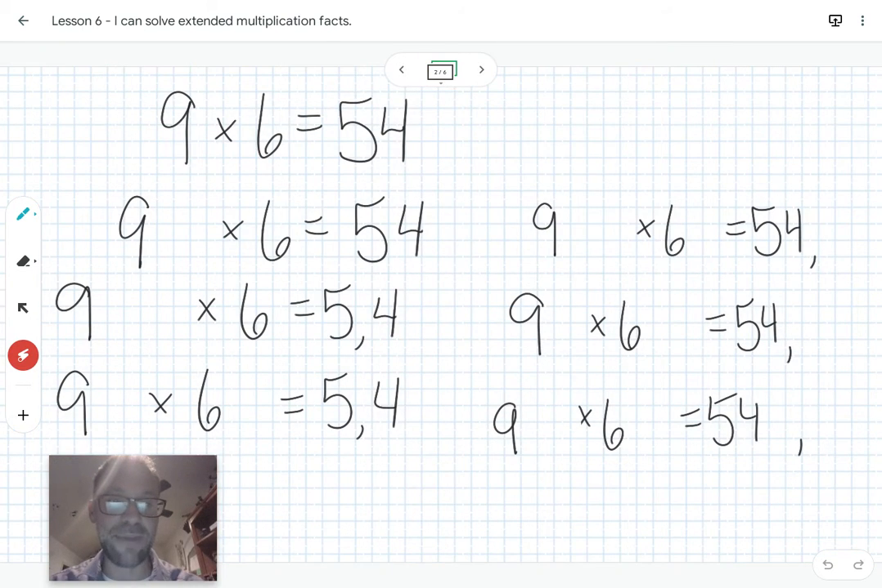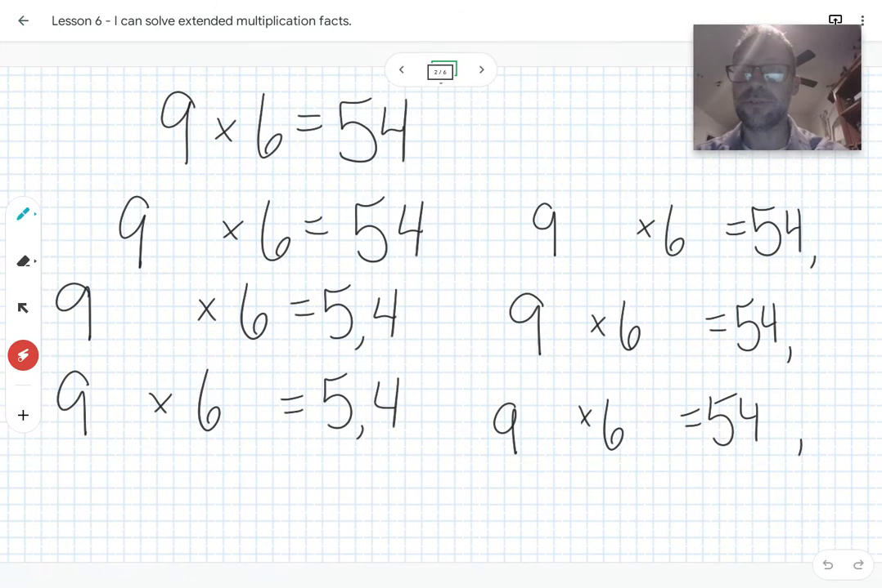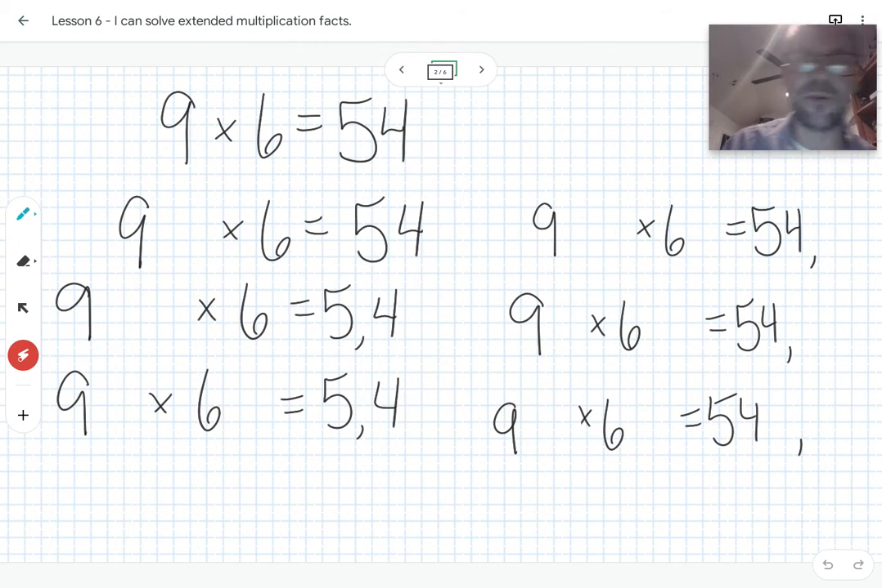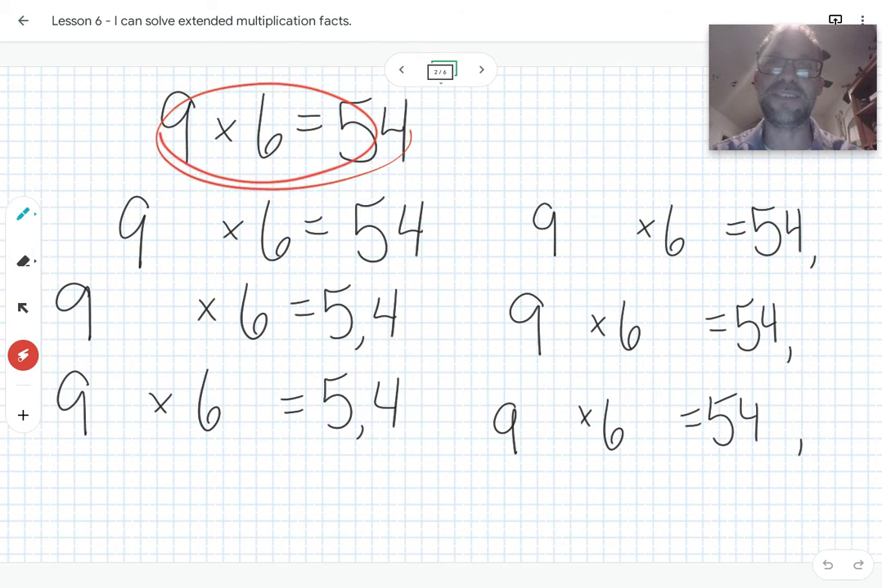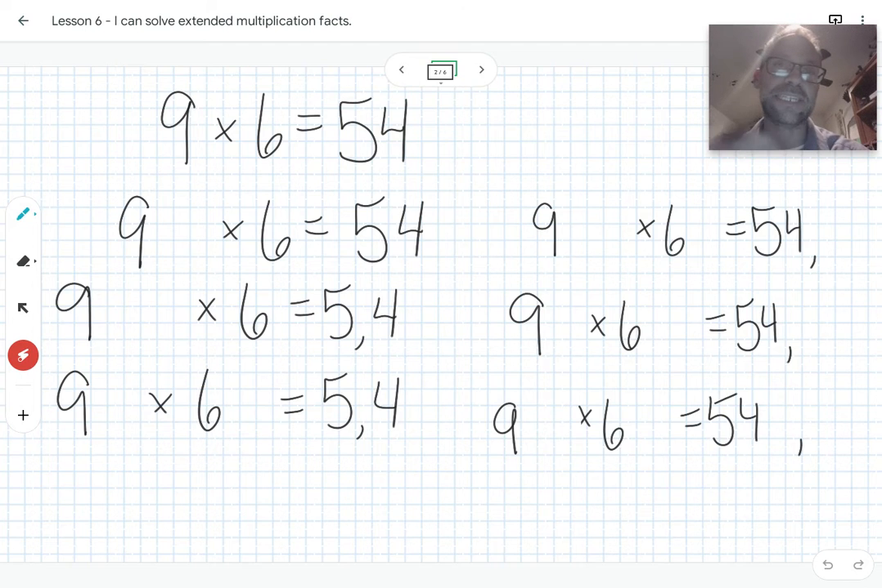We begin today by searching for patterns. All right? So right here, we have a basic math fact. 9 times 6 is 54. That comes right out of reflex math. All right, now we're going to extend that math fact, and I want you to watch for the patterns you can find in the zeros, both in the